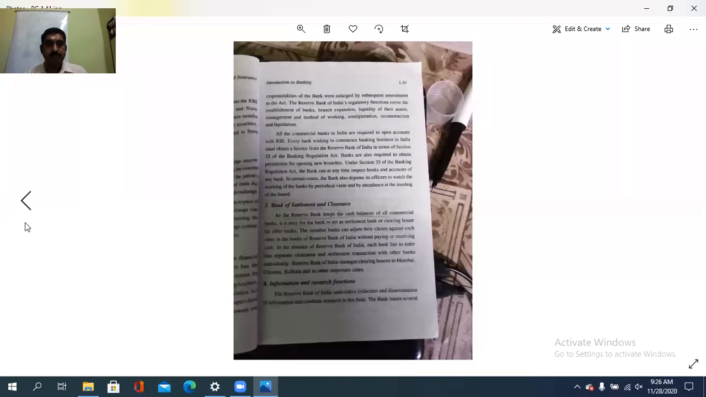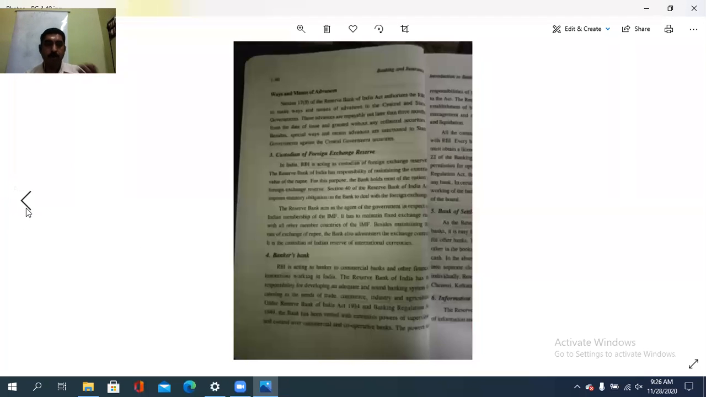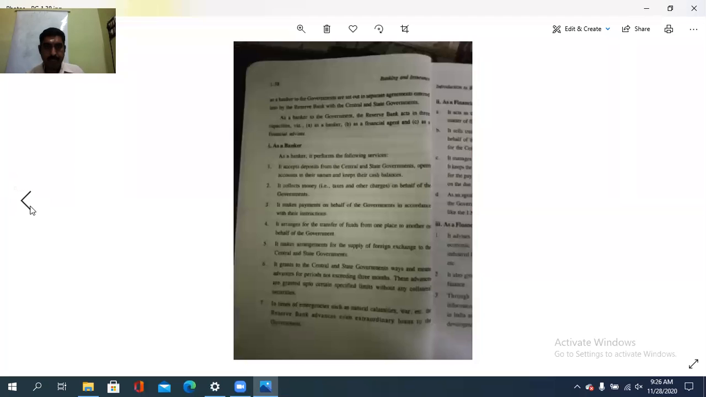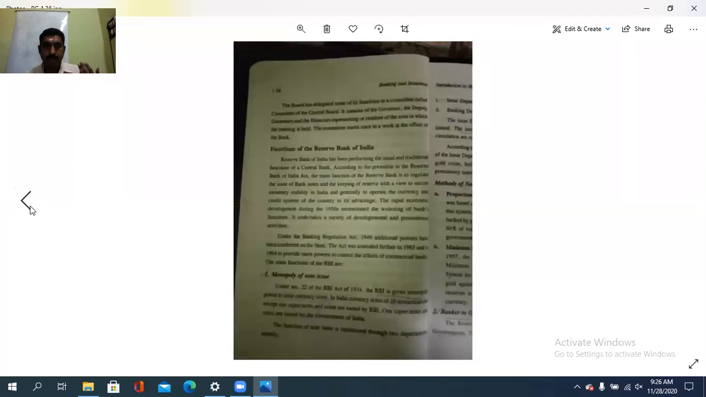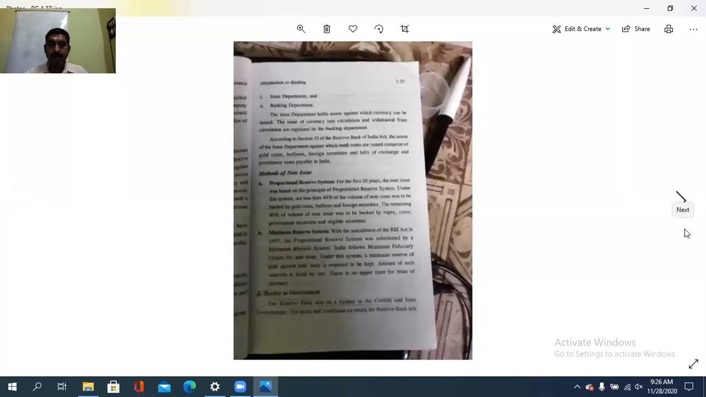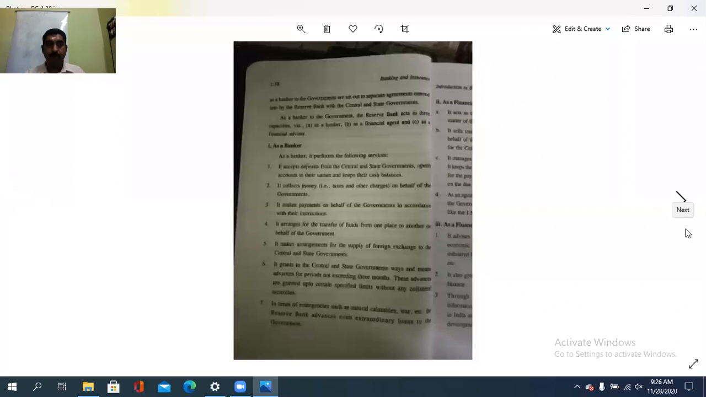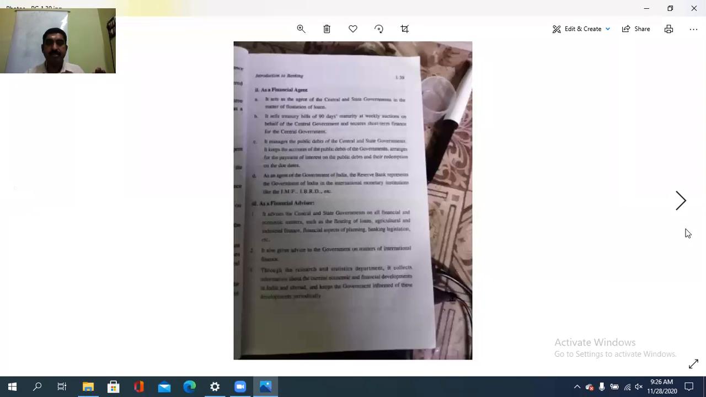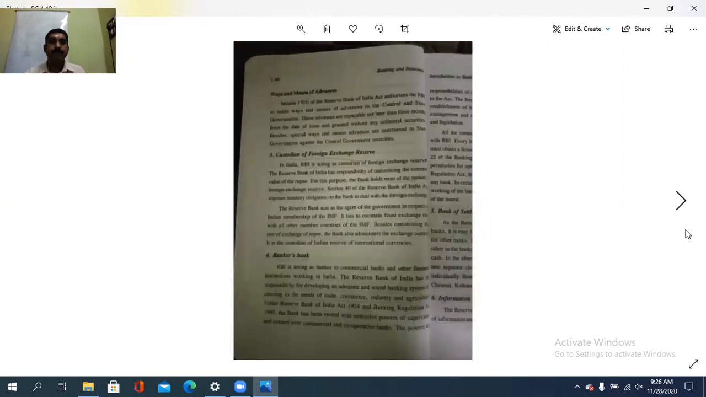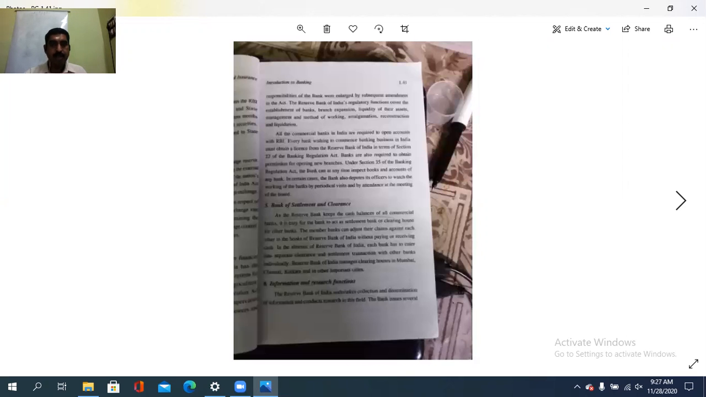So, what are the functions of the Reserve Bank? First is the monopoly of note issue. Another function is that of banker: acting as a banker to the government, as a financial agent, and as a financial advisor. Then the custodian of the forex reserves, and also acting as a banker's bank, then bank of